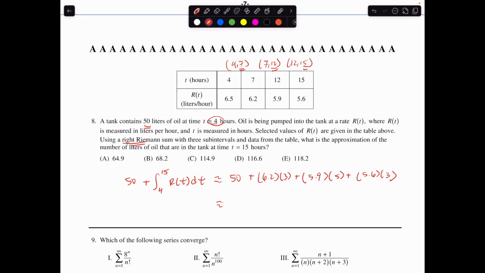Well, on the actual test, you cannot use a calculator, but I'm a little lazy. So let me use a calculator. 3 plus 5.9 times 5, 5.6 times 3, I get 114.9. So the answer is C. Okay,